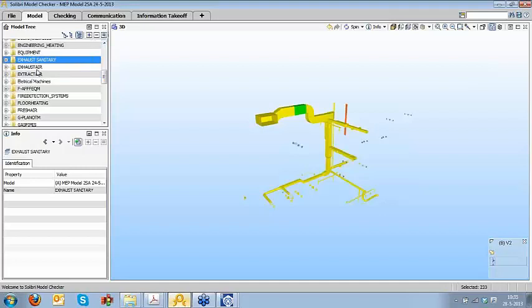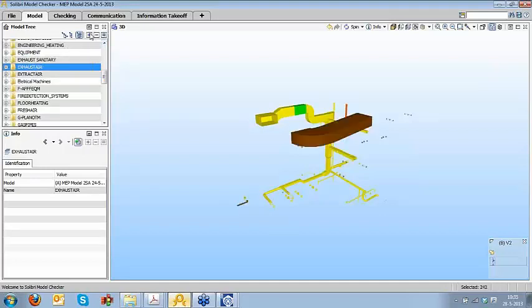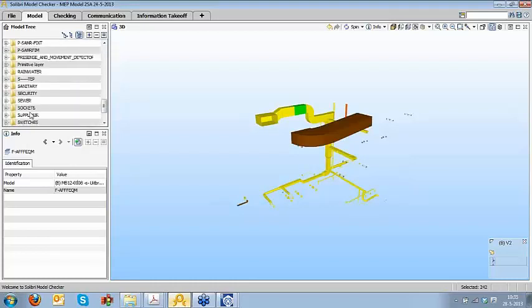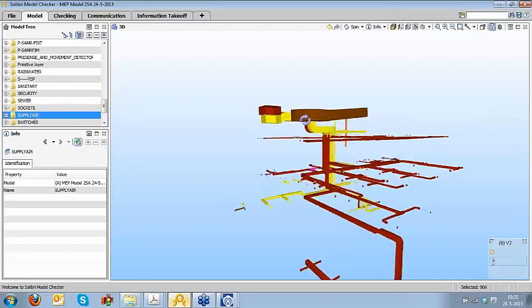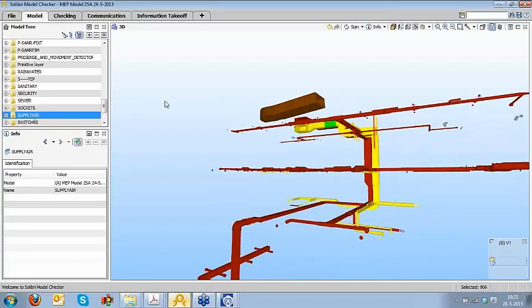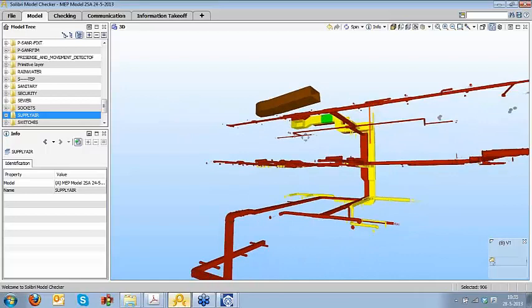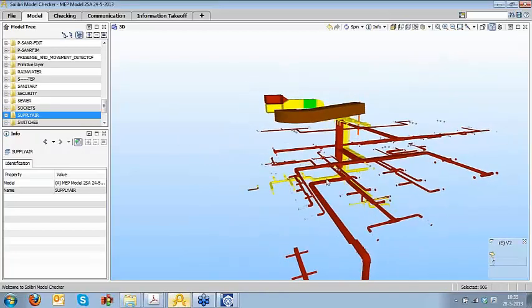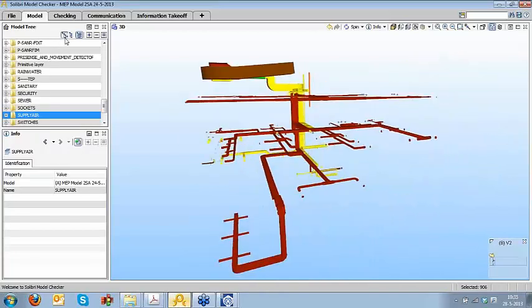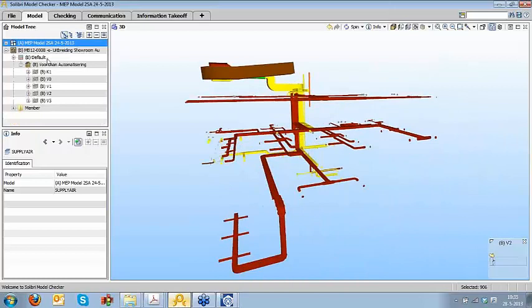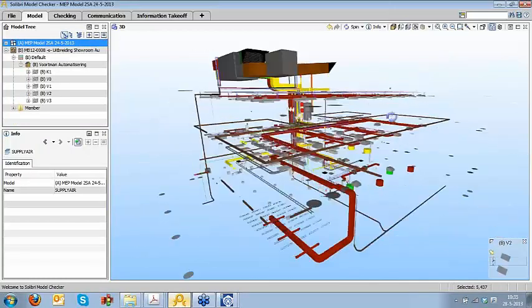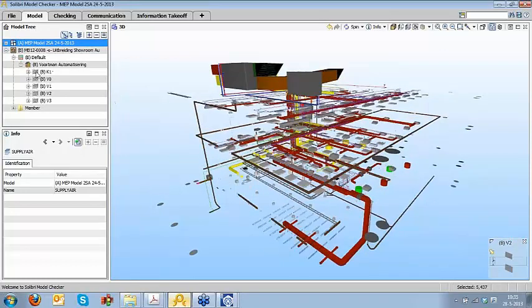If we turn on the exhaust air, we can have also the supply air turned on. So we can identify from the model, also with the Solibri viewer, we can turn on the systems. This is quite a nice feature. So I will turn on the complete MEP system like building services. And when I now turn on